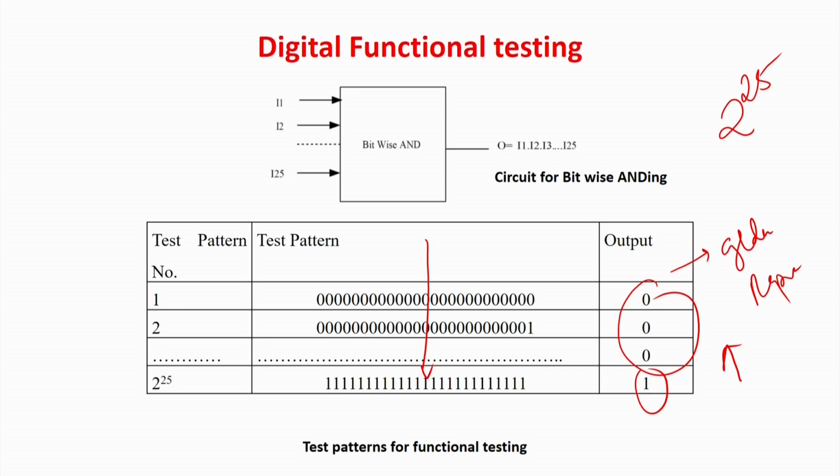Now, the question arises. This is actually called functional testing, because there is a device and you want to apply all the patterns to verify whether it is properly operating or not. In fact, as discussed earlier, testing can be very wide. We can start with functional testing, then we can go for speed testing, then power testing, then delay testing, then transistor level testing. It can be very wide, but for the practical sense, as I told you, we test for power, we test for delay, and we test for functionality.